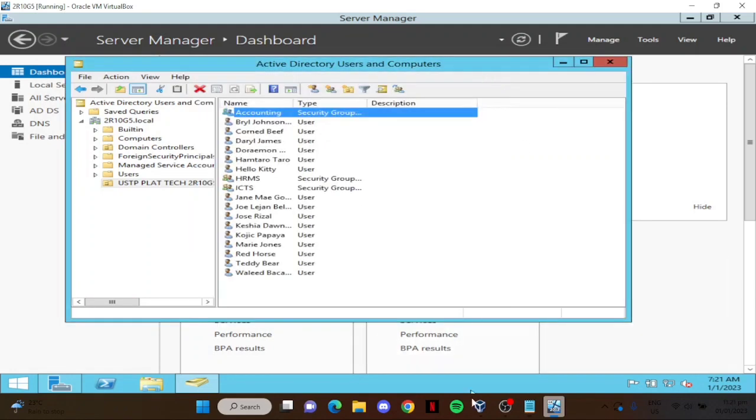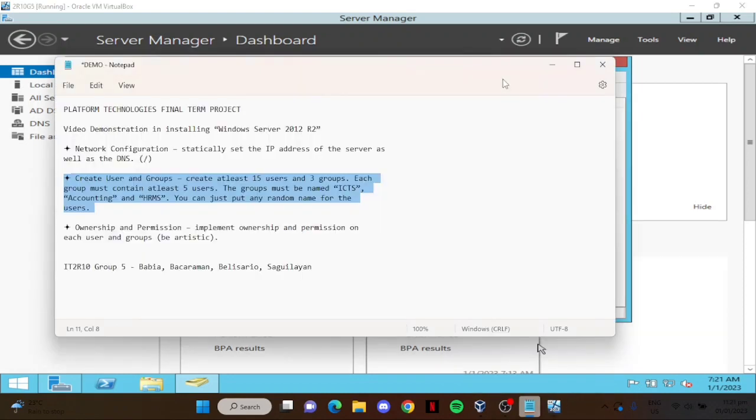Now that all 15 users are added to the three groups,